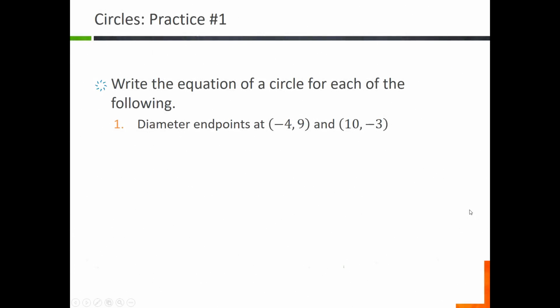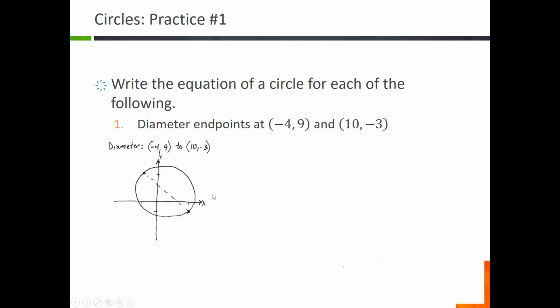All right, what if we're given the 2 points on the circle that are endpoints for a diameter? Well, to do this, it might be helpful first if we just look at what we mean by the information. So we have a circle, and these 2 points on the circle represent a diameter. Now, there's infinitely many diameters depending on which way you draw it, but those 2 points just give one specific